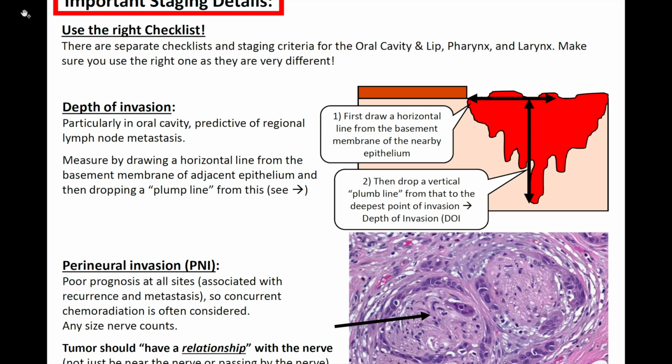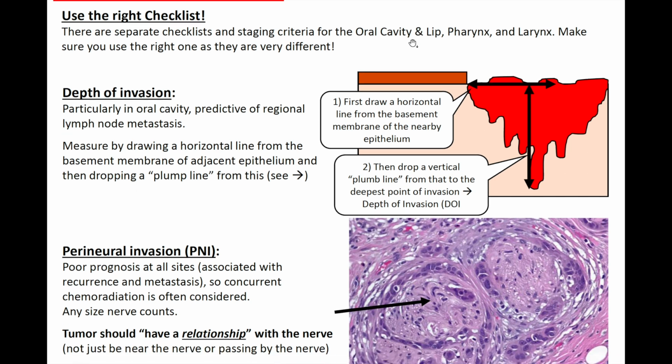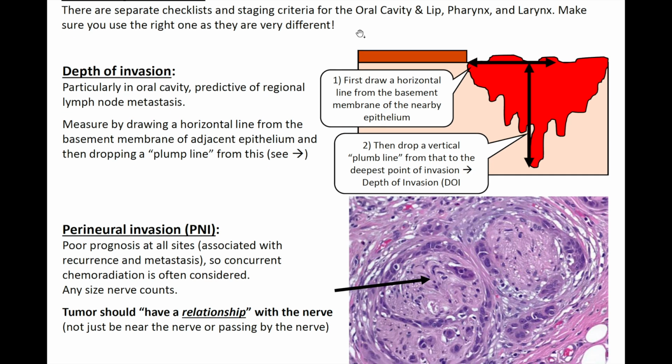So lastly, let's just talk a little bit about staging. So there's some important staging details. You want to be sure in this area, the squamous mucosa of the upper aerodigestive tract, you want to make sure to